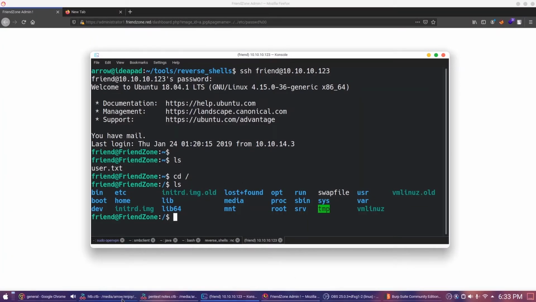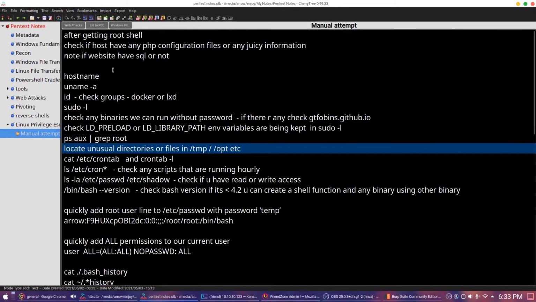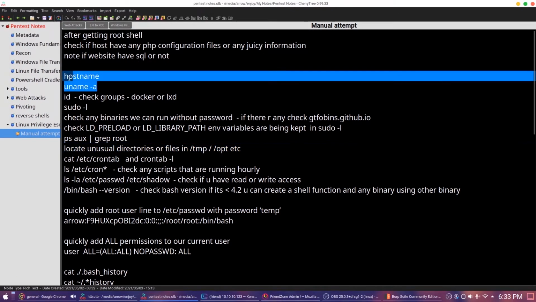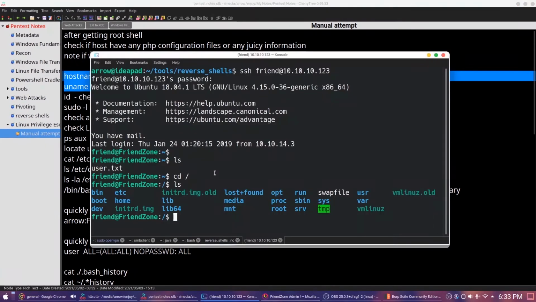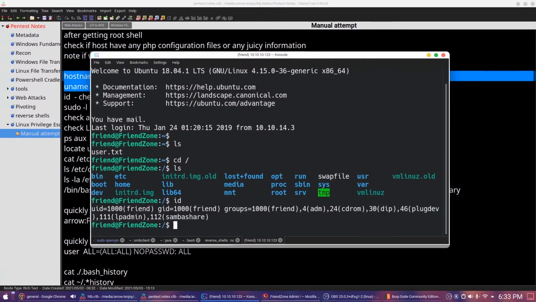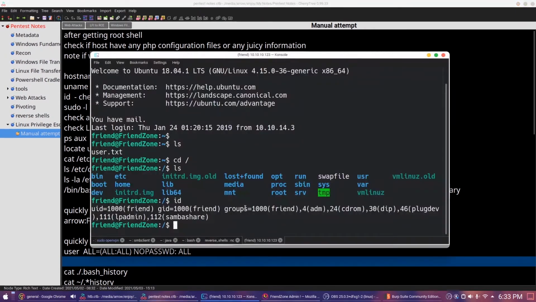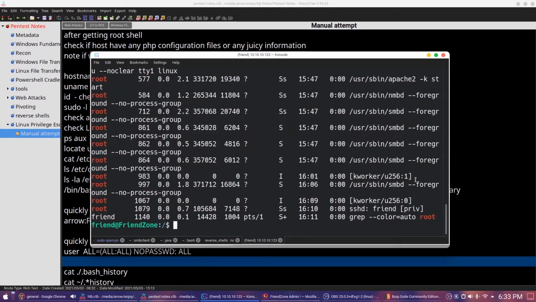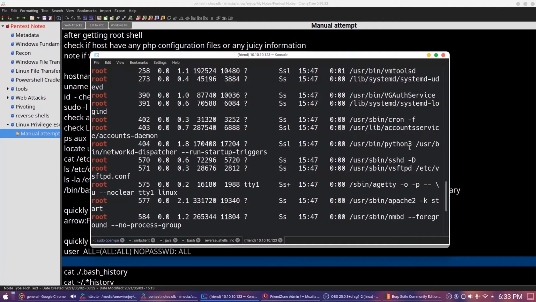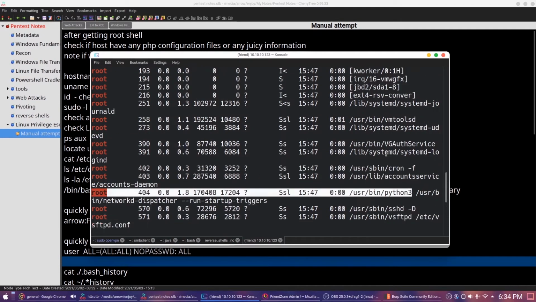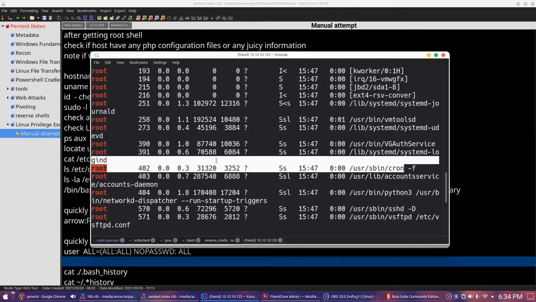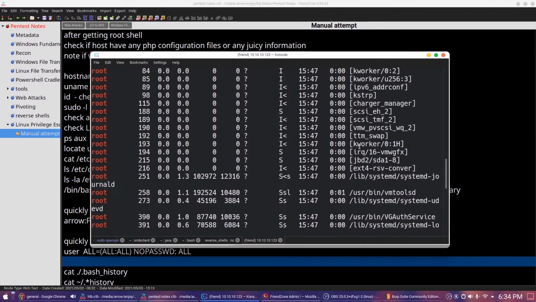I have written my cheat sheet for the next question. I have typed a few commands to know whether we are in Docker or LXD. We are not. Then I ran this one to see what is running as a root user, and you can see Python 3. Why is Python 3 running as root? It could be a cron job. So that means we can